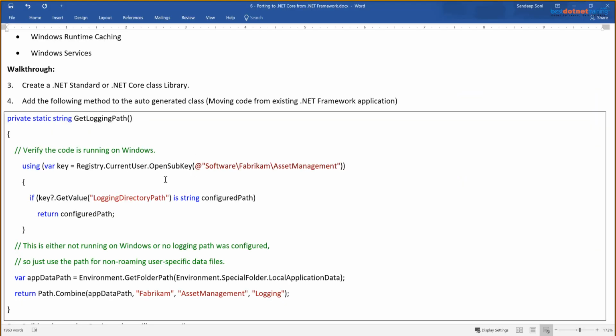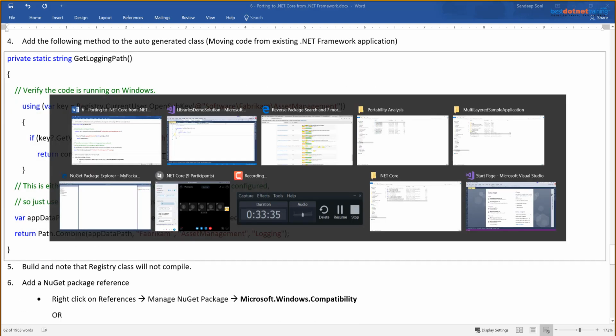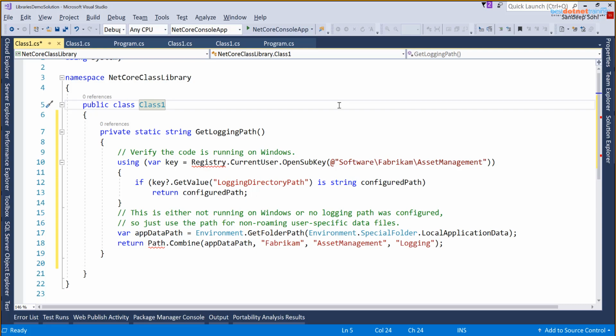And here I write this function. Now what is important to note is that in this function we are using the Registry class. The Registry class is not supported in .NET Core. It's not there. But it's supported in a NuGet package, it is part of Microsoft.Win32.Registry, but